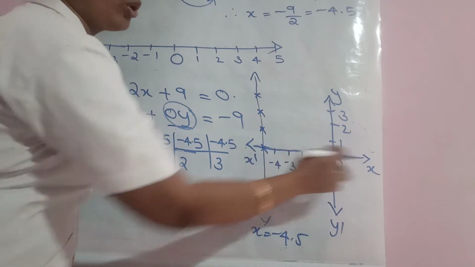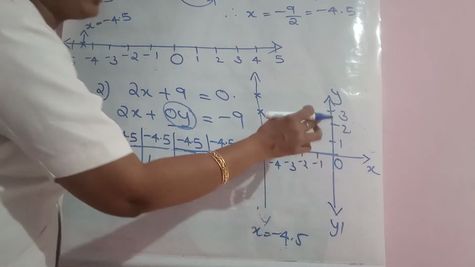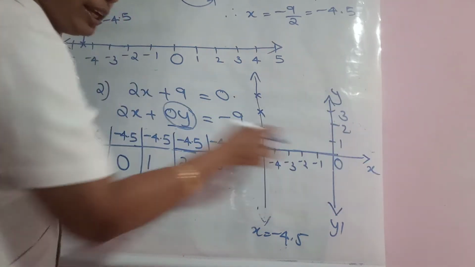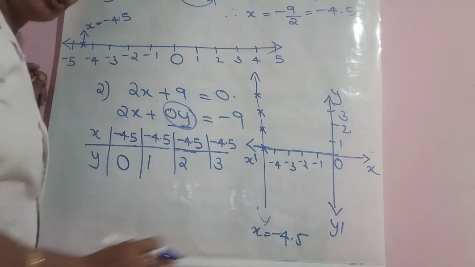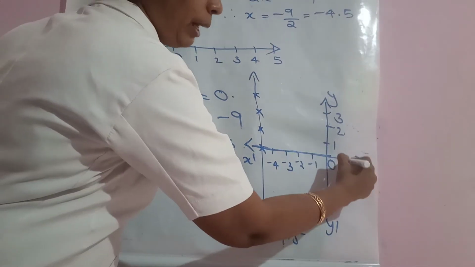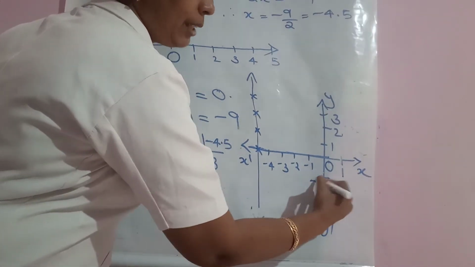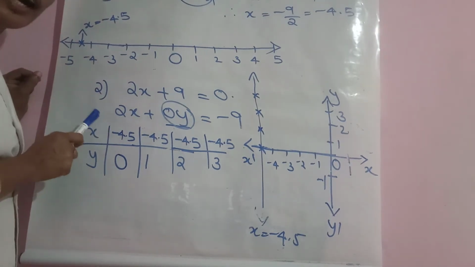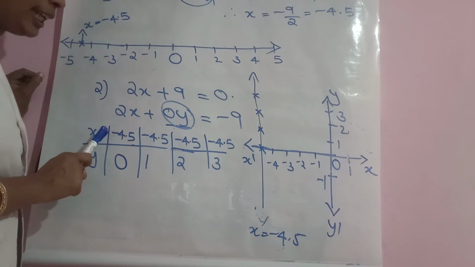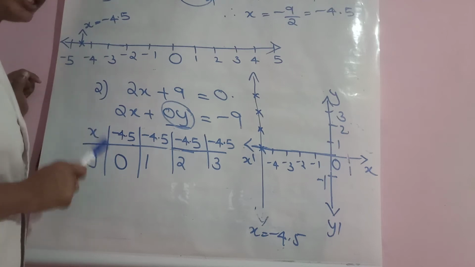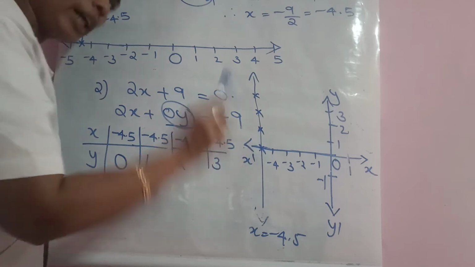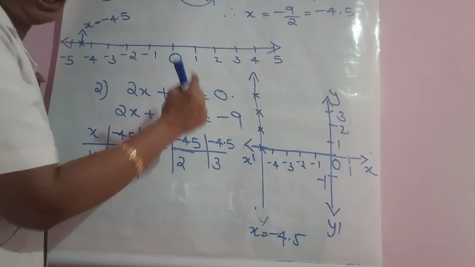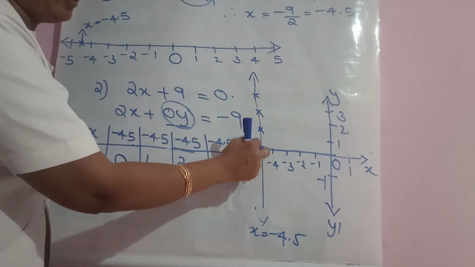So you have to draw 4 quadrants, and you have to mark little bit numbers also on it. Right side and upward positives, left side and downward negative values. If you want you can put 1 here, and minus 1 here. Then let us mark the points one by one. First point, start from x, then you move negative 4.5, 0. That means you needn't move anywhere. Negative 4.5 lies between negative 4 and negative 5, so exactly the middle point teacher has marked it.